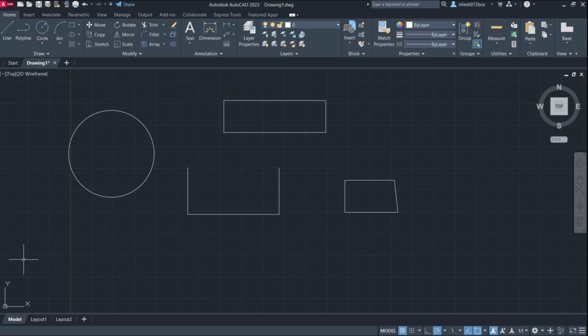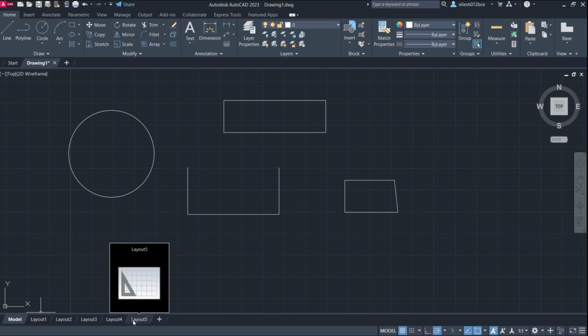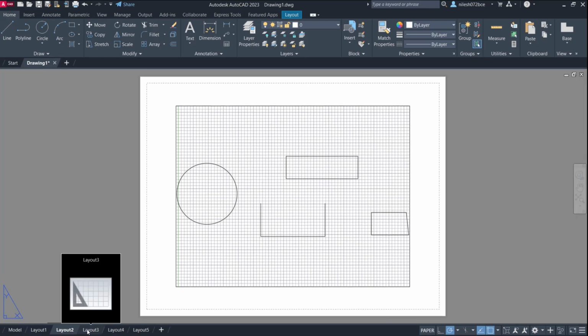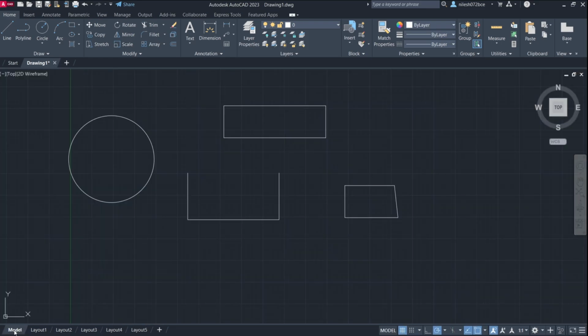And at the bottom left you can see here is the UCS, X and Y, the coordinate system, and we will see about the coordinate system in the coming videos, the types of coordinate systems in AutoCAD and how to use them, in detail. And then we see the options: model, layout 1, layout 2, layout 3, layout 4, layout 5. Add as per convenience. This is where you see in which format you want to publish or print your drawing. You can make changes in all the layouts.